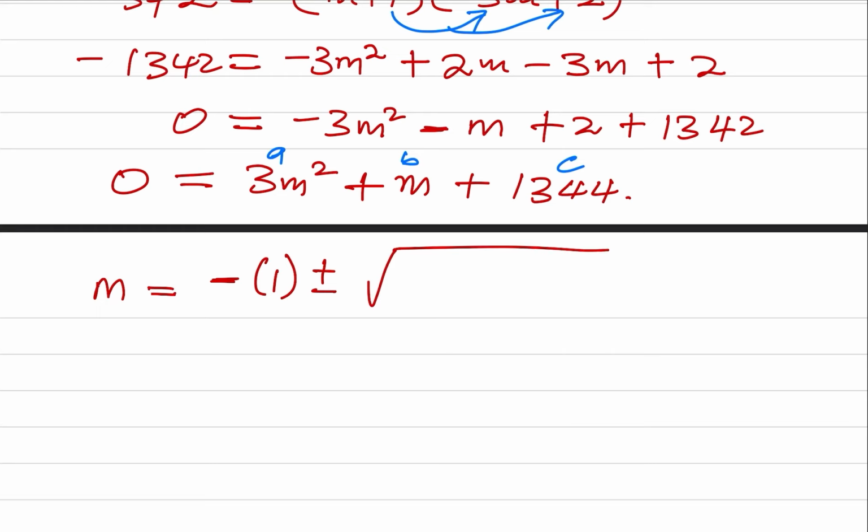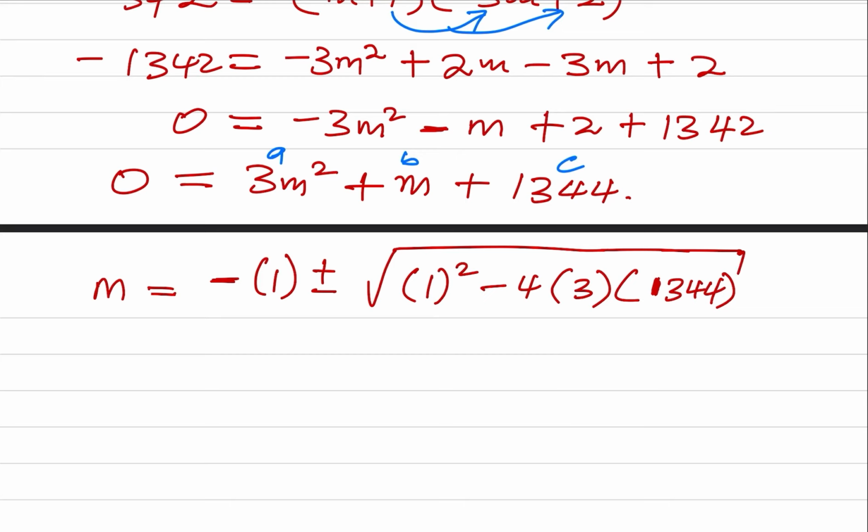I'm going to have 1 squared minus 4. My A is 3. Then my C is just 1344 there, all over